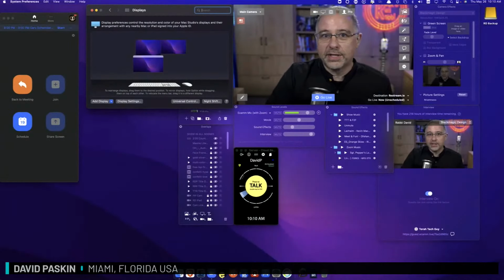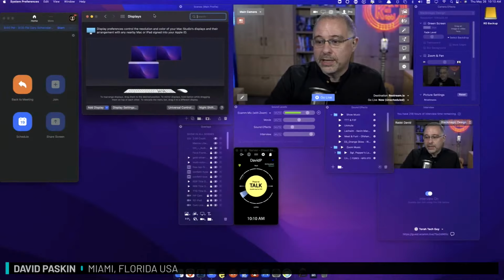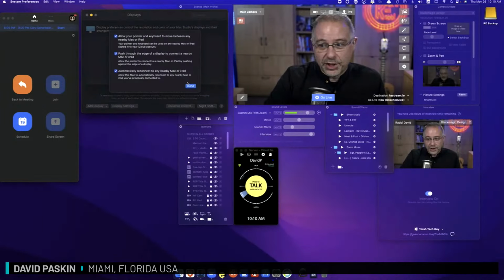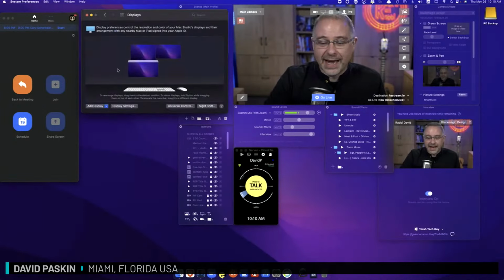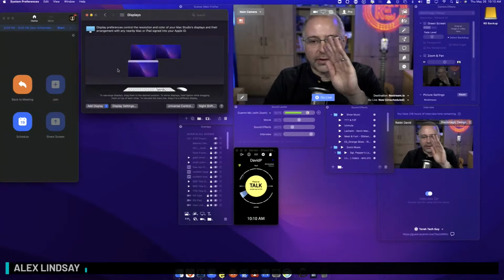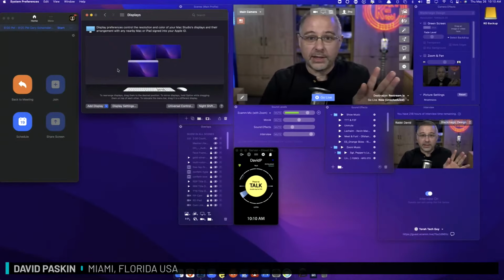So you can. This is my displays panel right here. And you can see that this is my one computer. I've got the 3 monitors here. If I go into universal control, I've got everything checked, but for whatever reason, it's not seeing the computer that's sitting right next to it. And they're all updated on Monterey. So they're all on the latest thing. And so I've done the unspeakable, and I've gone back to using Synergy.